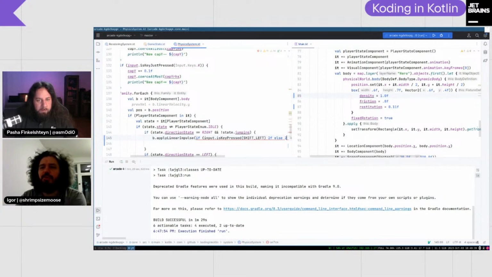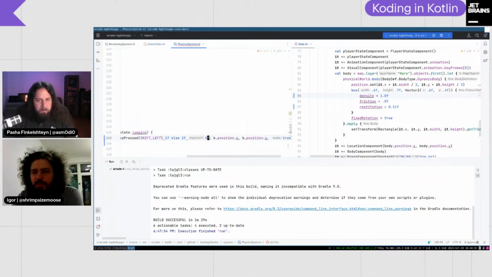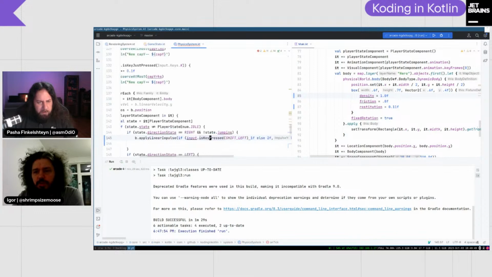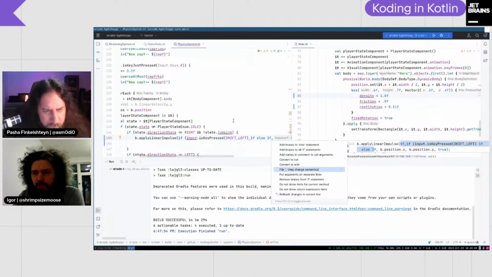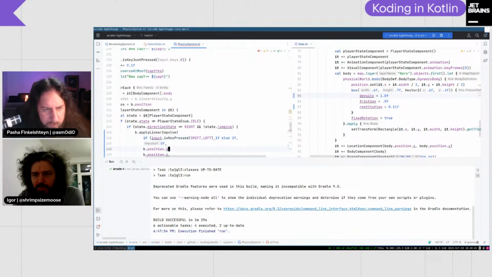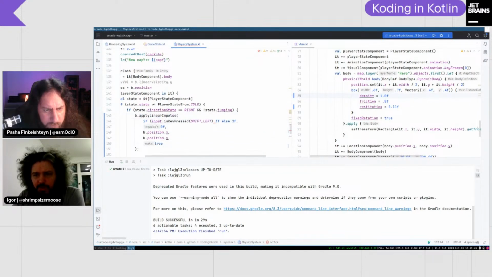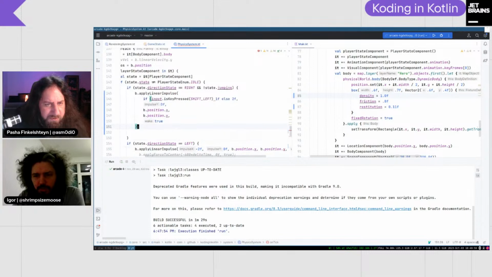No, it's the other way around, actually. If it's pressed, then it's 1F. If it's not, then it's 2F. And comma? What's wrong? Put arguments on separate lines. No, nothing is wrong. It's fine. No, something is underlined by the red thing.